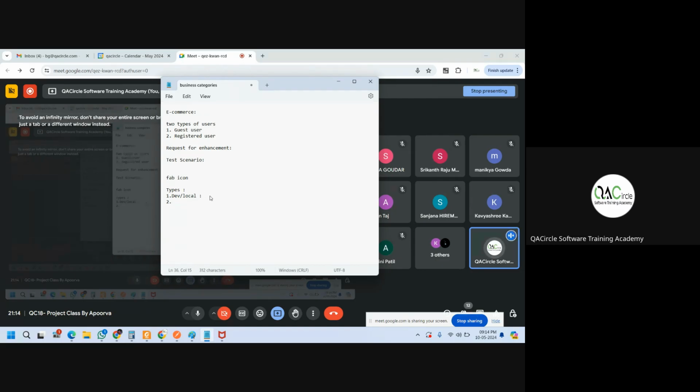The developers will have access to this environment, where once their coding is completed or once they develop the application, they are going to perform some basic testing in their application or in their system. Where exactly do they test it? They will have a URL which is pointing to this local server or dev server, right? So there they will test it, and once they feel that everything is fine, they'll do some basic testing. They're not going to do exhaustive testing,